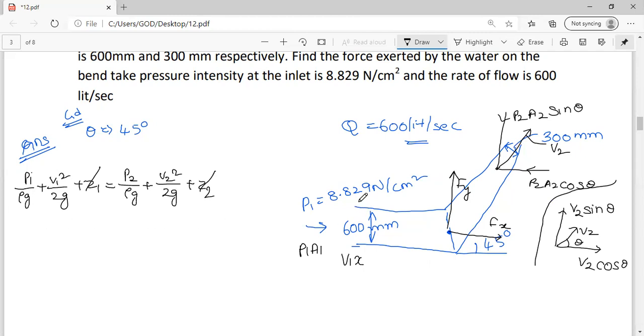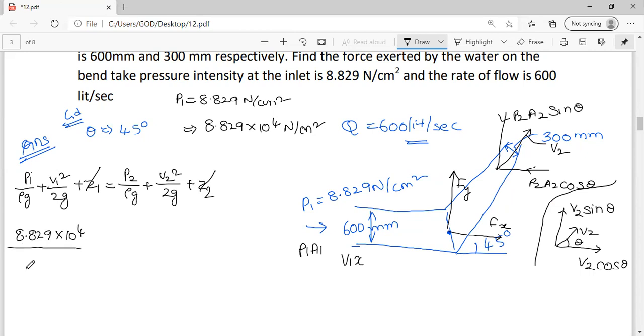So P1 is 8.829 Newton per centimeter square. Convert this: P1 is equal to 8.829 Newton per centimeter square. So I'm writing all in meters, then into 10 to the power of 4. Now check here, that is 8.829 into 10 to the power of 4 by rho of the fluid, which is 1000, and g is 9.81, because he mentioned it as water,